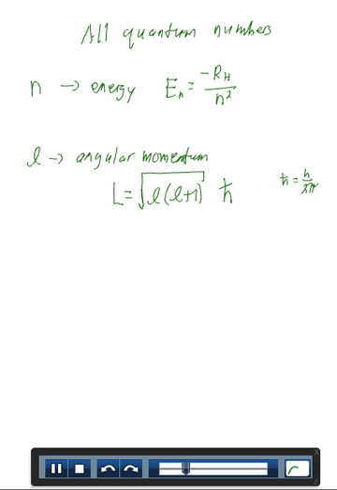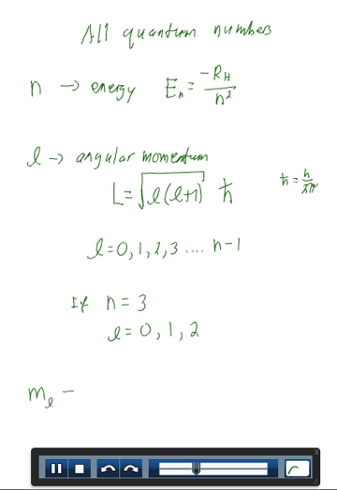And l, the quantum number, can range from 0, 1, 2, 3, all the way up to n minus 1. So, if n, the quantum number, is equal to 3, then l can have the following values: 0, 1, and 2. 3 minus 1 is 2, so that's the maximum l can have, but it can also have all values less than n minus 1. There is a third quantum number, given the symbol m sub l, and it gives the